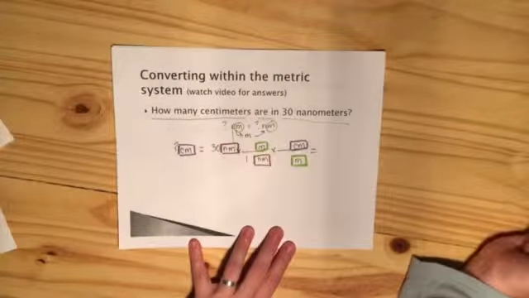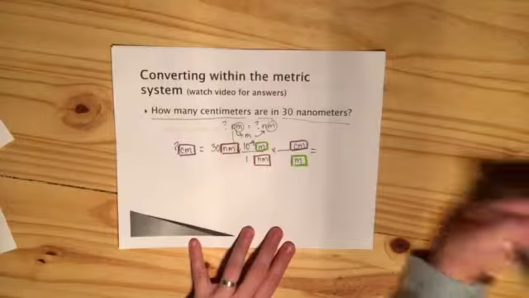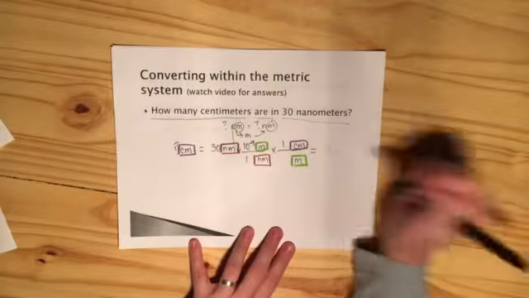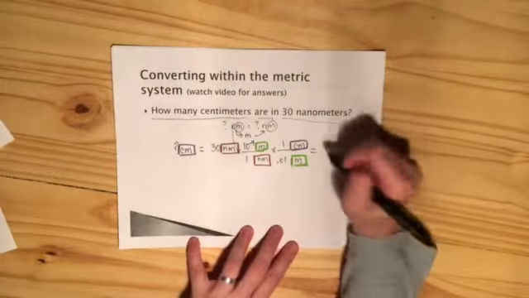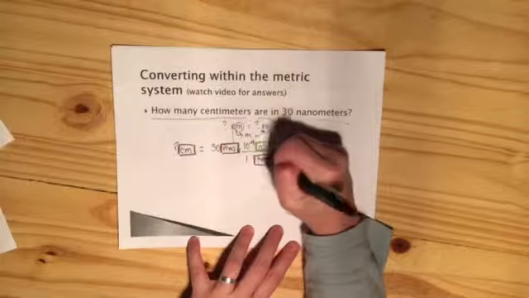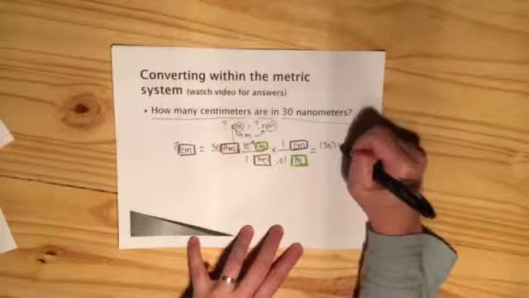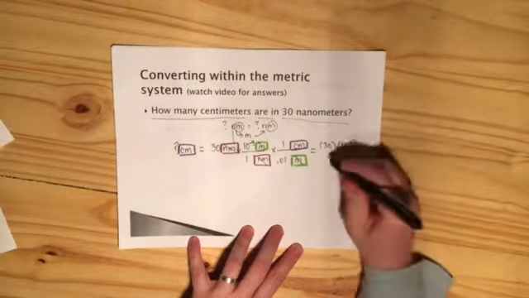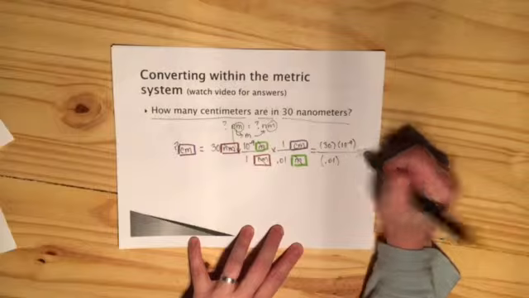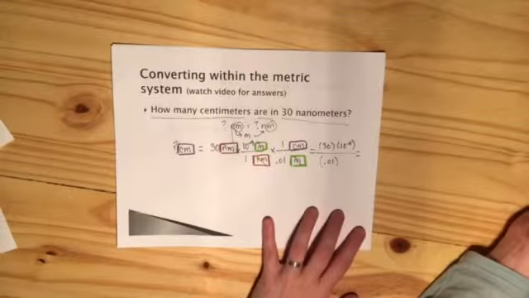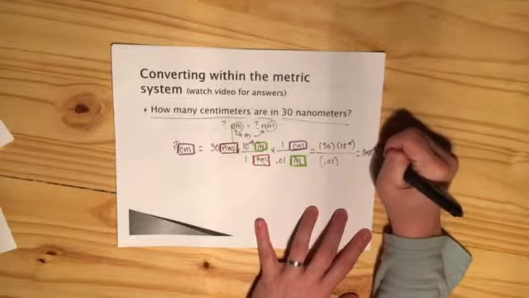Now all we have to do is put in numbers. So 1 nanometer is equal to 10 to the negative 9 meters. 1 centimeter is equal to 10 to the negative 2, or 0.01 meters. And so what we're going to do, these cancel, we end up with centimeters. We take 30, multiply 10 to the negative 9, divide by 0.01, and if you put that in your calculator, you should end up getting 3 times 10 to the negative 6